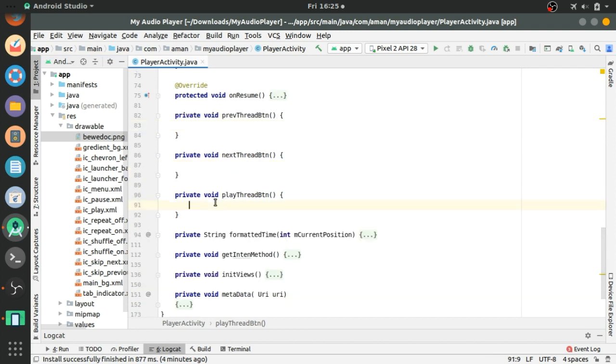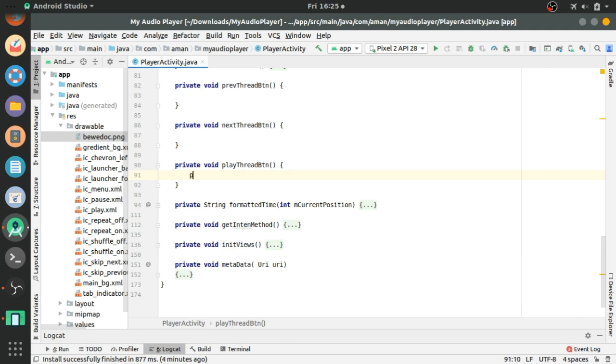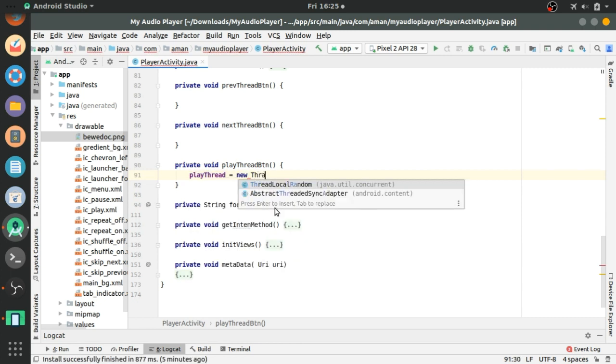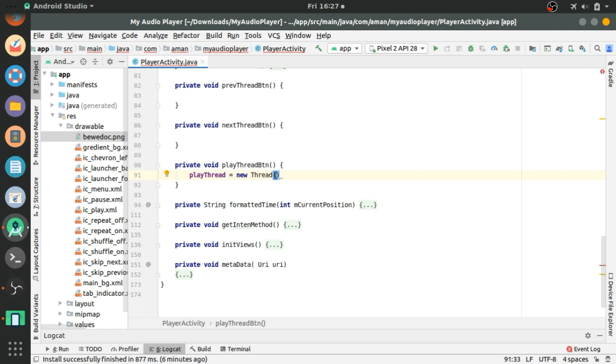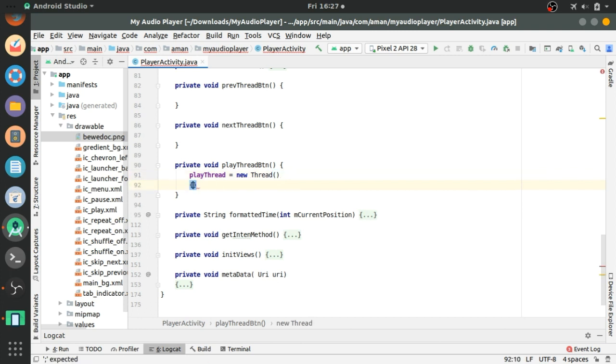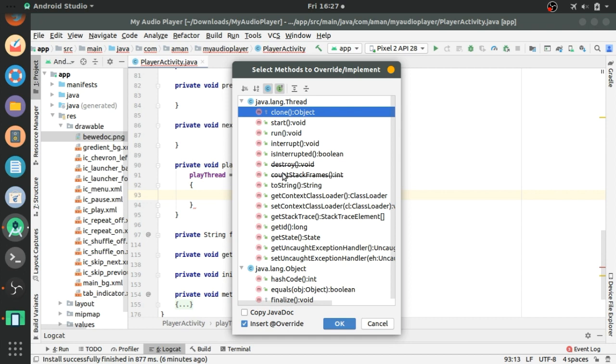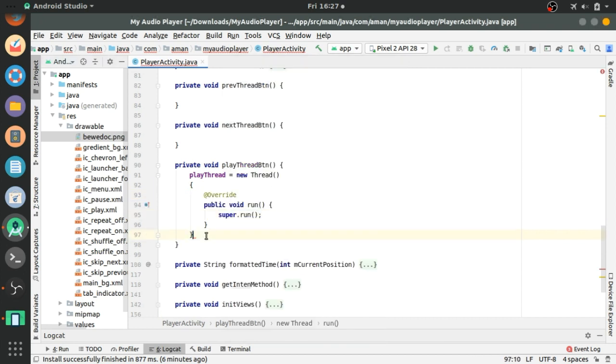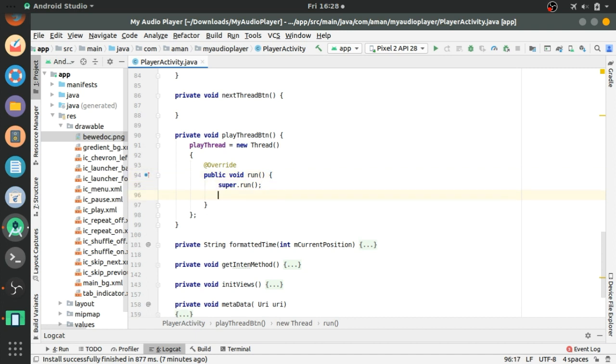Now first of all let's go to the play thread button, and playThread equals new Thread, and after this open curly braces, press Ctrl O and add the run method, and here semicolon.